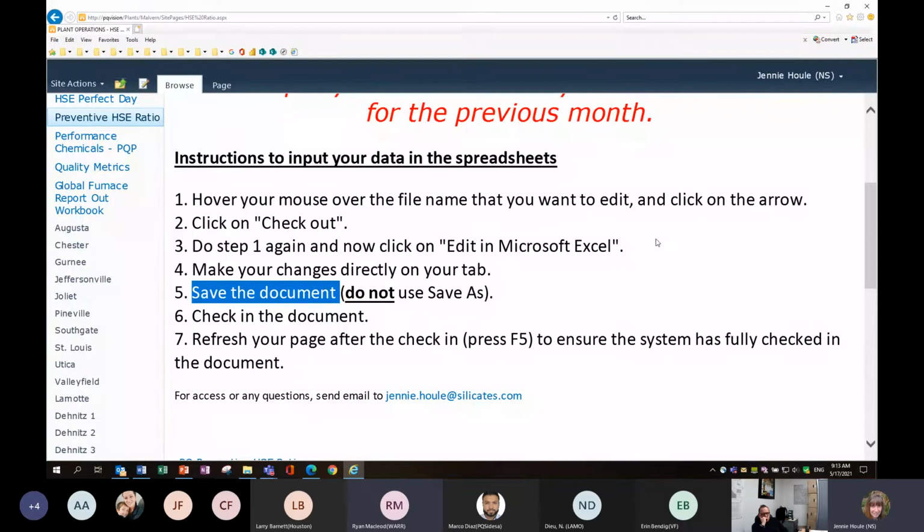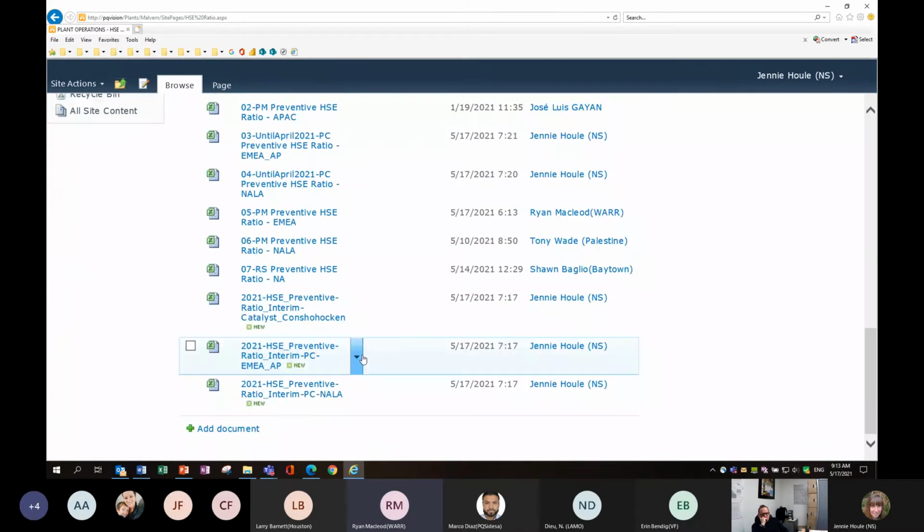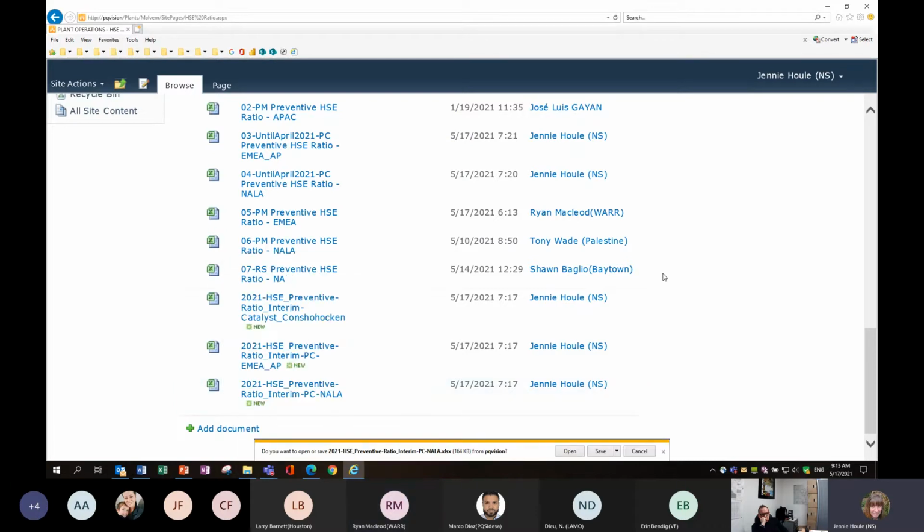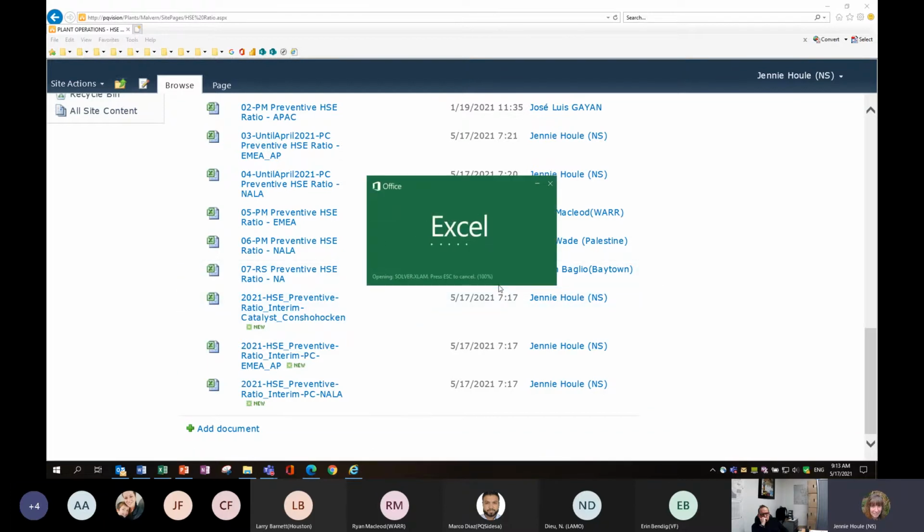Jenny, just a quick question about the spreadsheet. So if Enablon isn't able, if we're not able to input, say, June's data in July, will there just be another sheet that comes up for June data? So that's an excellent question. So let me show you. And there won't be a need for it because it's already there. You don't see it,